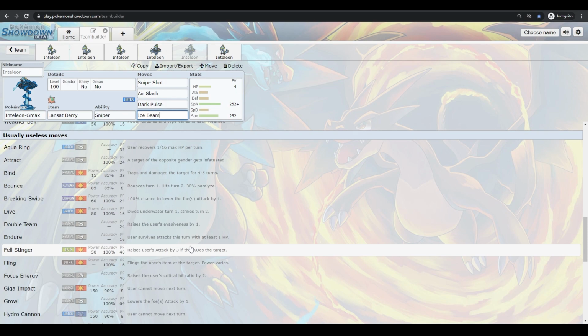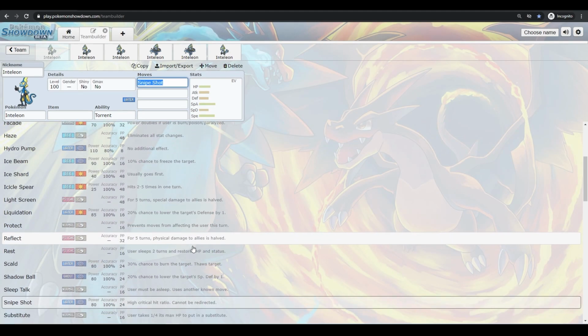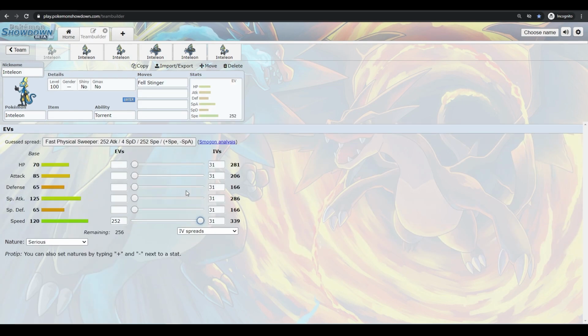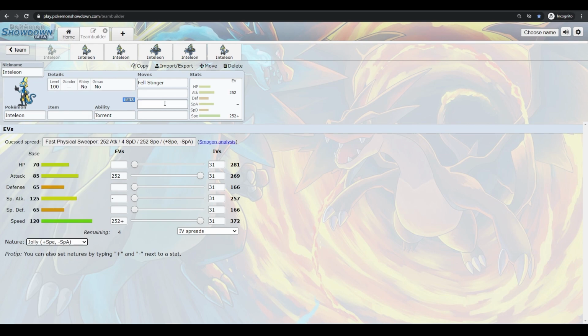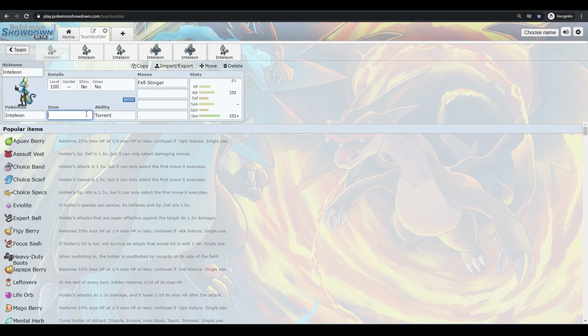You could do some things with Inteleon physically, if you want to run a physical Inteleon, personally, because you're so fast. I would run Fell Stinger, and I would run max health, max attack, max speed, and I would run Jolly because you need the speed. But you come in Fell Stinger / Swords Dance. I just like Fell Stinger, especially if you bring it on something that's already weak, and then like a Sash, for example, or